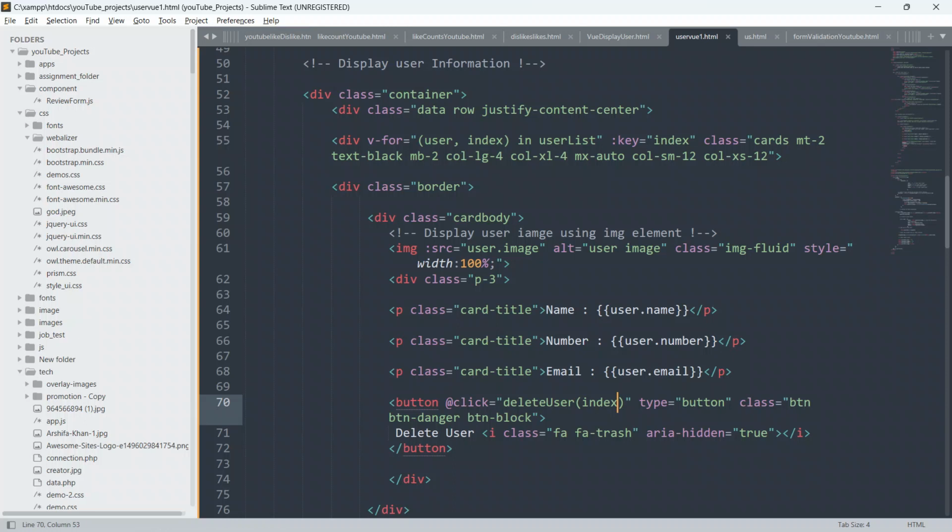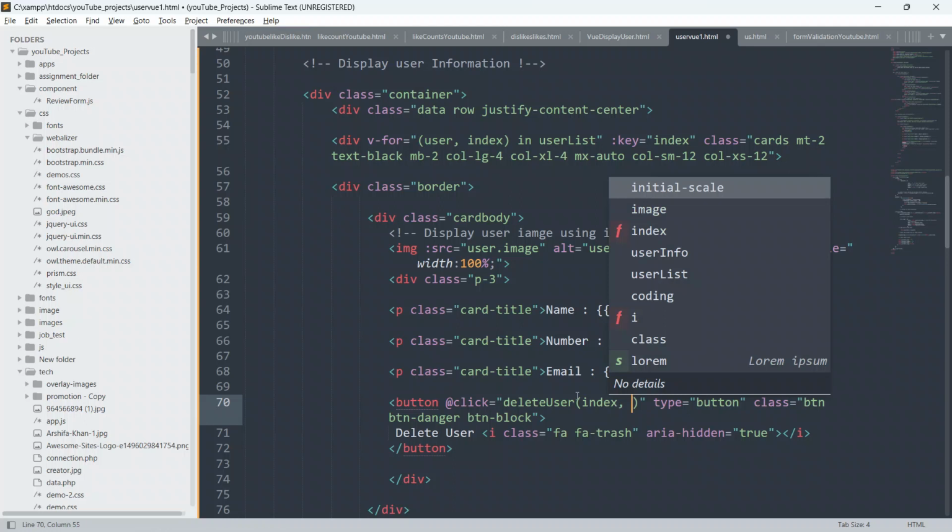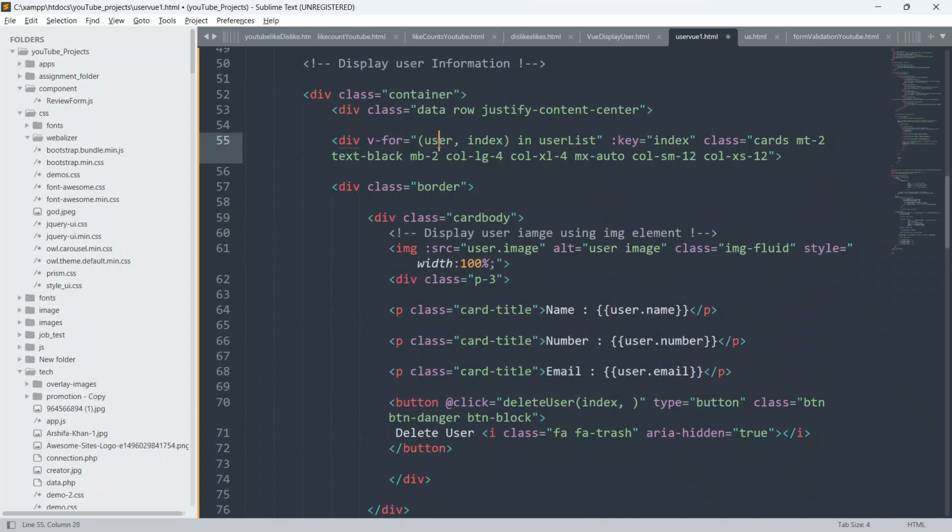Always remember, index is used to grab a specific element position in the array. And here I will also pass this user object, the entire user object.